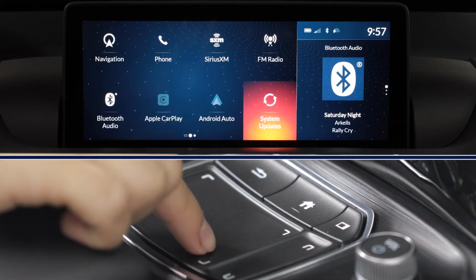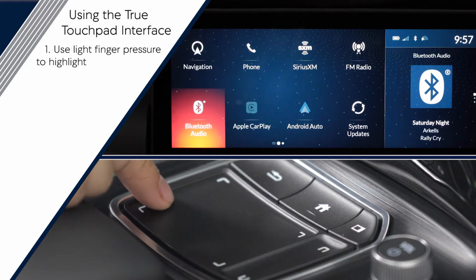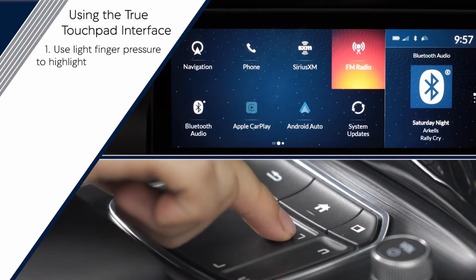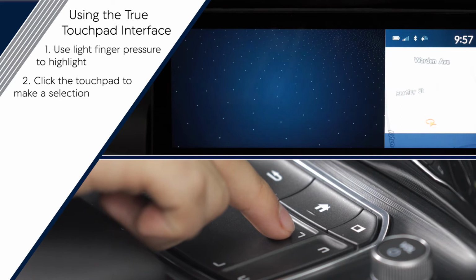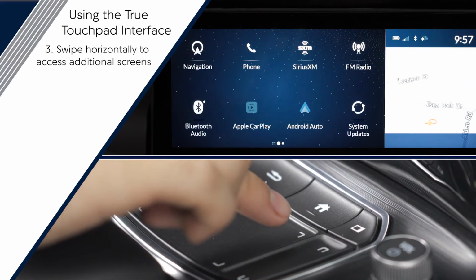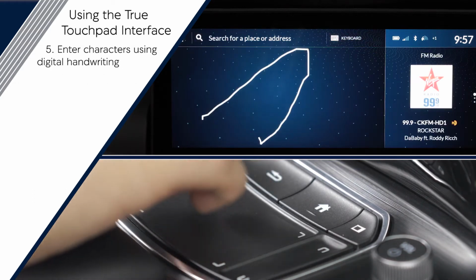When your finger slides to the top left corner of the touchpad, the selection display highlights the top left corner of the screen. When your finger moves down, so does the selection point. After highlighting the desired menu option, click on the touchpad to make the selection. You can also swipe horizontally between screens, flick vertically to quickly scroll through lists, and you can even enter characters